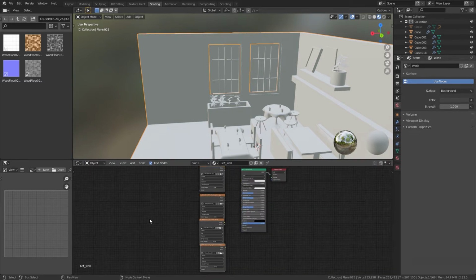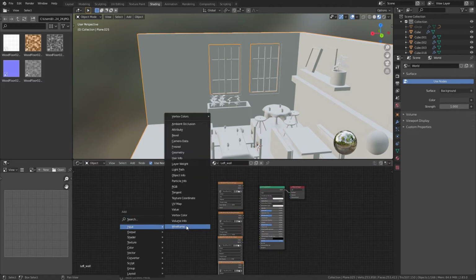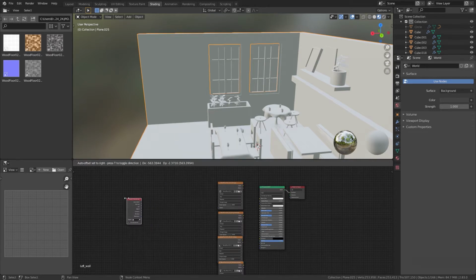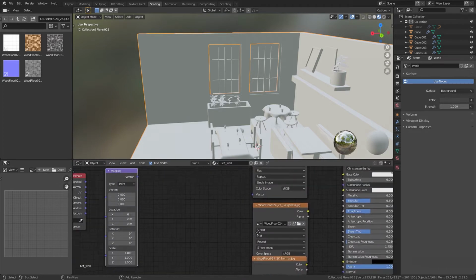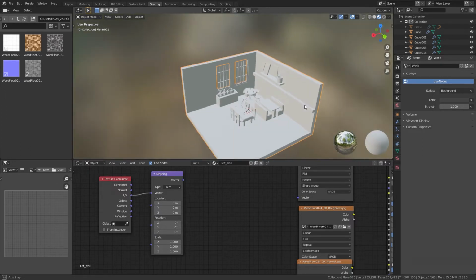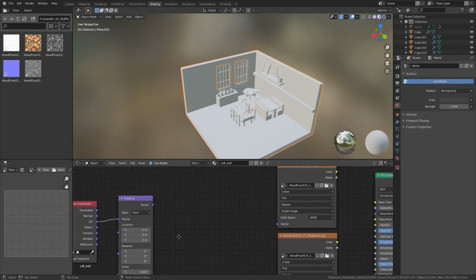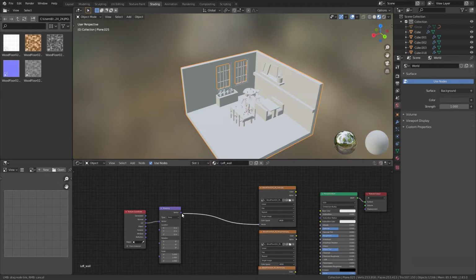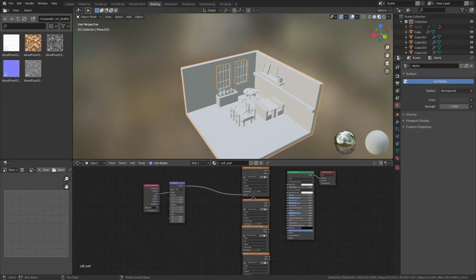But we had to add first an input node for all of the textures, and that's texture coordinate and a mapping. I just search for it, mapping node, and we will connect the UV map to the vector, because we want to add textures on the UV map, not on normals, not on object. So we connect all the textures to the mapping node,